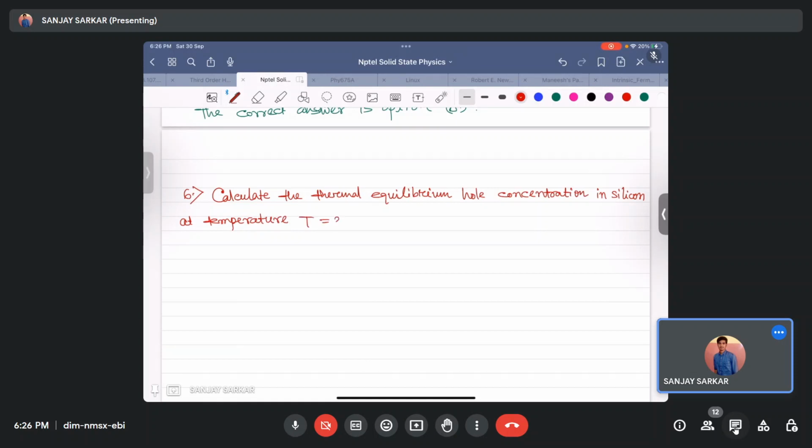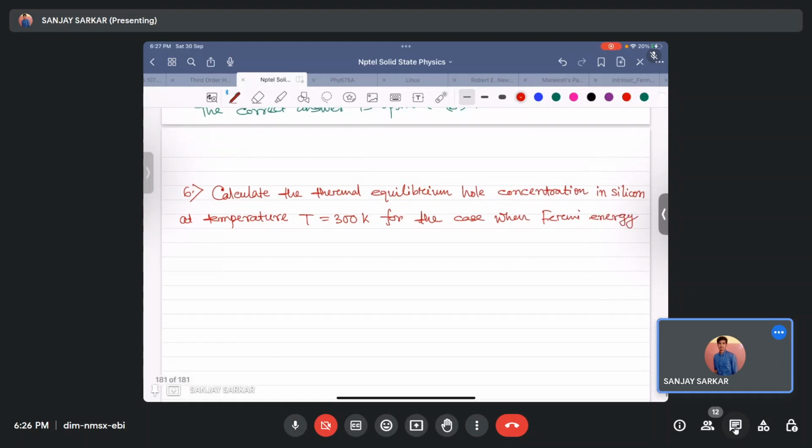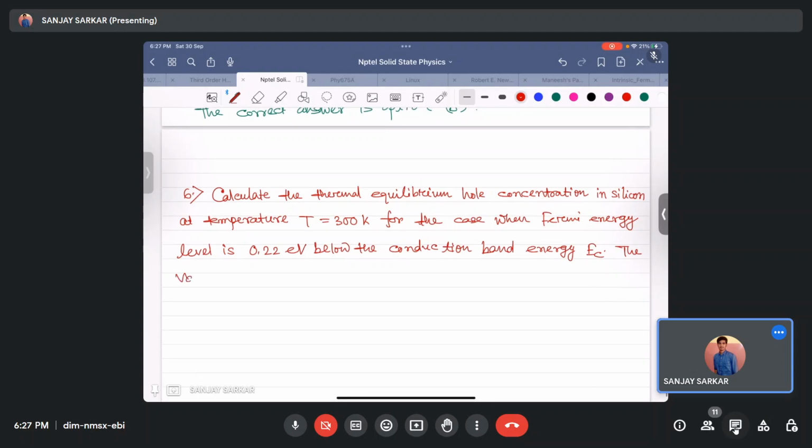Temperature T equal to 300 Kelvin, for the case when the Fermi energy level is 0.22 electron volt below the conduction band energy EC. The value of band gap energy